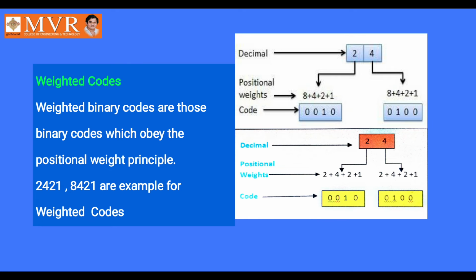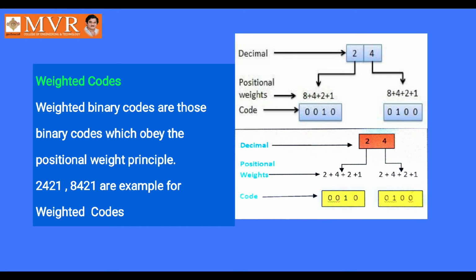In the same way, if you convert the second digit of the decimal number, 4, into 8421 code, you will get 0100. The remaining 3 positions are zeros, and only the third position is given as 1. So 1 into 4 becomes 4. So this is the way to convert a decimal number to 8421 weighted code. For the same 24, in the bottom of this diagram, it is giving a different value.